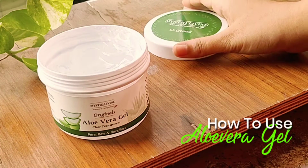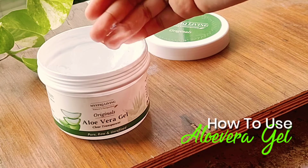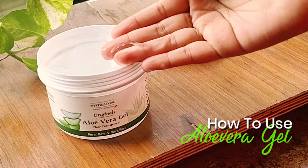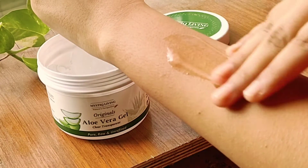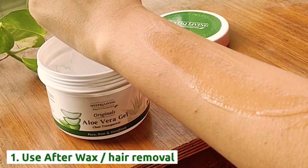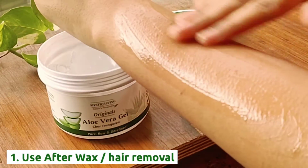Today, I am going to share with you some amazing uses of aloe vera gel, how you can use it and get clear glowing plus healthy hair and body. So let's get started. Firstly, after your hair removal or wax, you can use it on your hand and massage